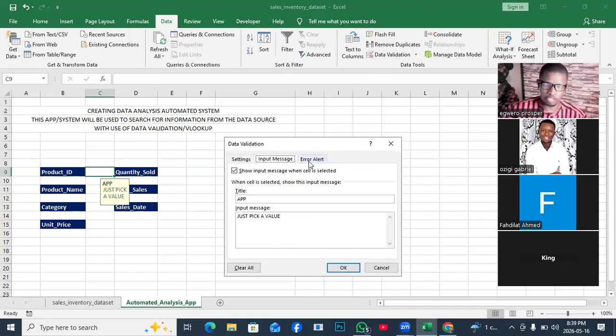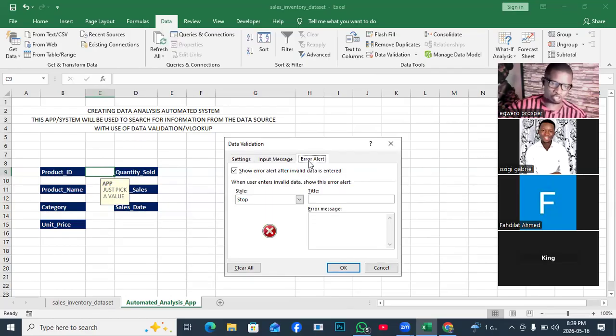Now, let's say the user tried to type without knowing that you have already set up a drop down for them to just pick. Because there are some users like that, they will see that message and they will still want to type inside that cell. So there should be a prompt, a message that will pop up that, hey, you are not supposed to type in here. So we can choose the stop, and then the title of the message can be,